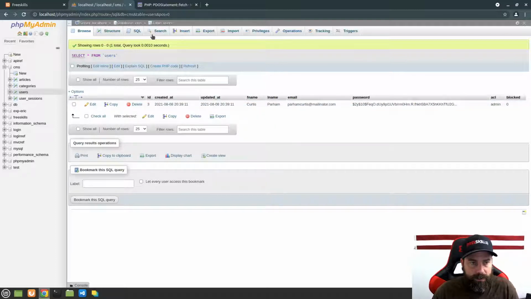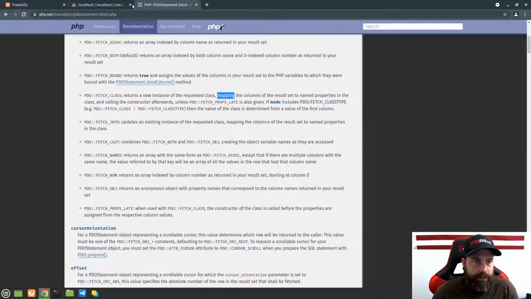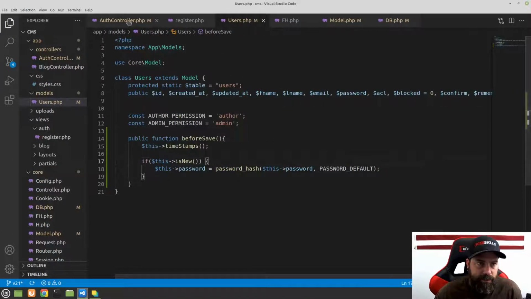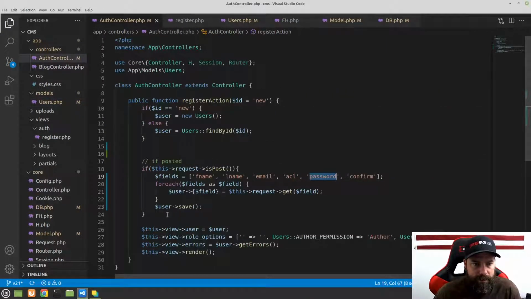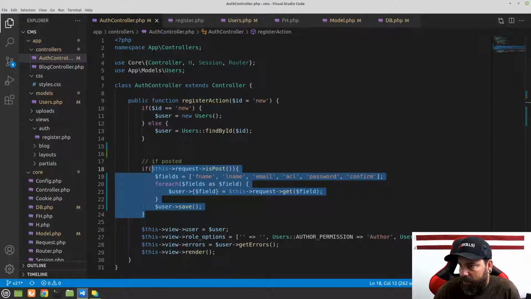We're going to do some more work though, and some of that work revolves around, let me close that, it revolves around us needing to do form validation to make sure that the user isn't already in our database, and we need to make sure that they're filling stuff out and that the email is an actual email field and all of that kind of stuff. What else can we do here? Let me check. Oh, you know, one last thing that we can do here is we can actually